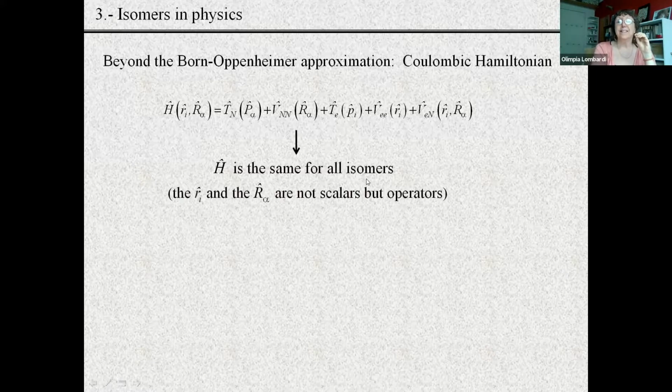Why is it the same for all isomers? Because the r's, the little r's and the big R's, are not scalars, are not numbers, are not functions, but are operators. So they have no definite values. They don't express definite positions in space. They are operators which have